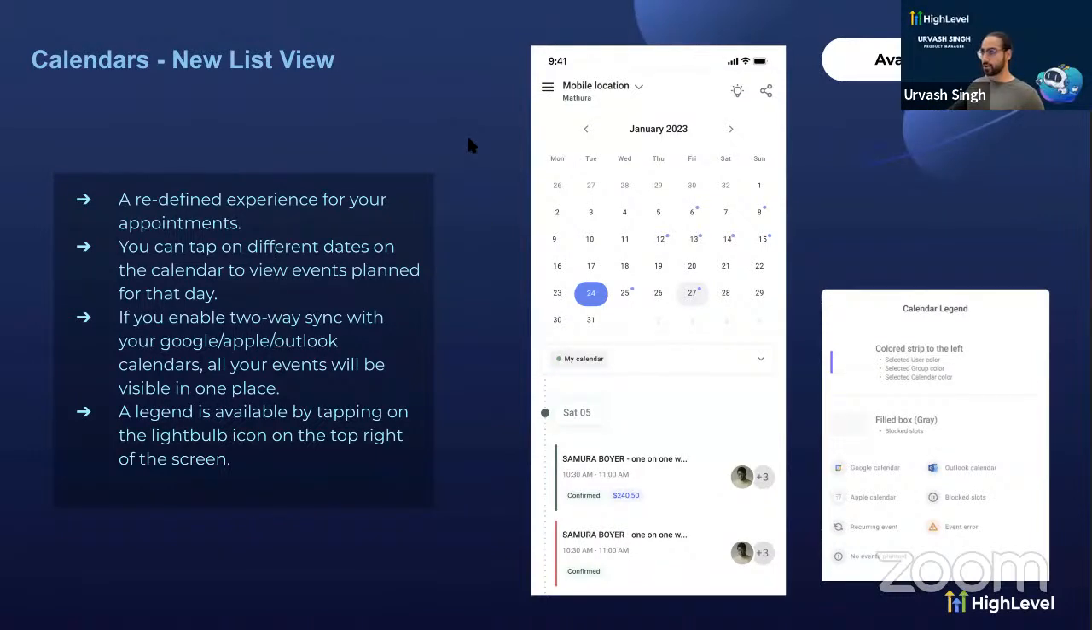Okay, so calendars. A lot of things that are coming up for calendars specifically. And the first thing that we are shipping out is going to be a brand new list view for the calendar. So we have decided to modernize the entire design and to accommodate for a lot